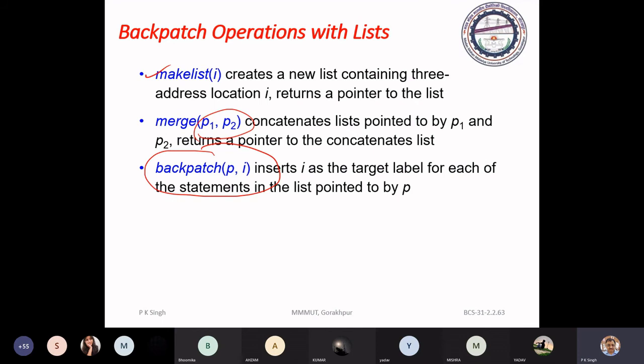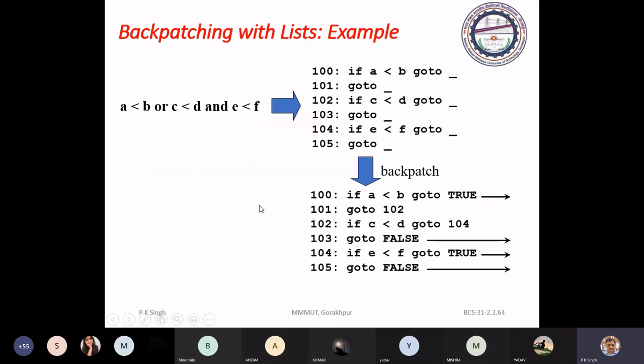This code starts from here, and in the second iteration we just start writing. Okay. This is called back patching, and we can implement it through two passes.